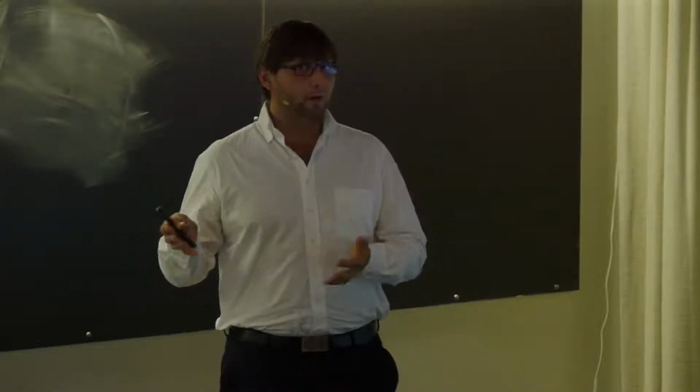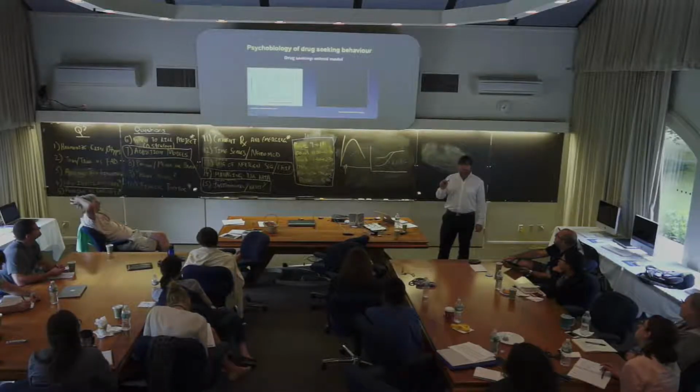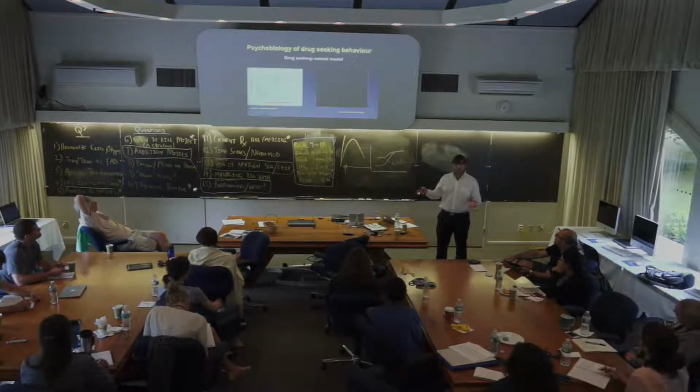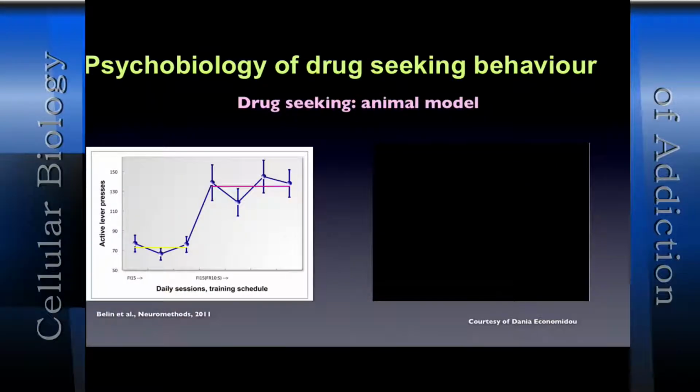But on top of that, every 10 lever presses during these 15 minutes, the animal receives the conditioned reinforcer. It receives the light. And in that case, this is what happens. Before we introduce the light as a conditioned reinforcer, the animal presses for 15 minutes. After these 15 minutes, it receives cocaine plus the light. On average, rats would press 70 times for nothing. They have to press once after the 15 minutes have elapsed to get the drug, but they would press 70 times. Now, every 10 lever presses, you introduce a contingent presentation of the light. The animal would press up to 150 times. They are self-administering light.